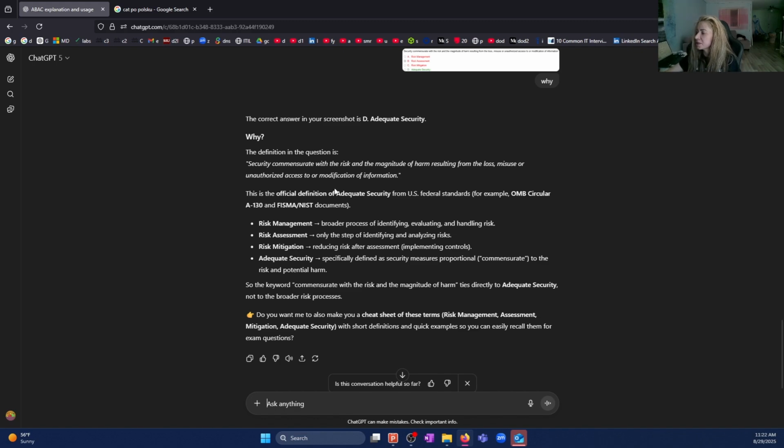This is the official definition of adequate security from US federal standards, FISMA rules. Risk management: the broader process of identifying, evaluating, and handling risk. Risk assessment: only the step of identifying and analyzing risks. Yeah, and handling. Okay, cool. Risk mitigation: reducing risk after assessment.